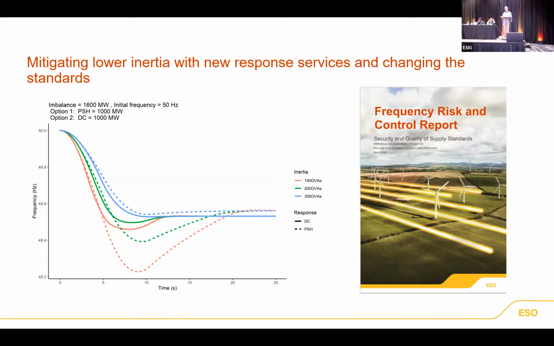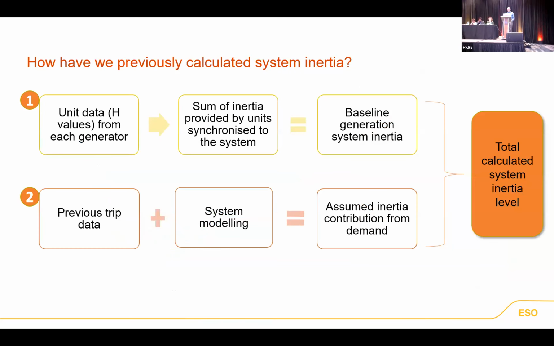We now save £1.8 billion a year, so $2 billion a year in managing frequency and constraint costs on the system, because we have dynamic containment, we can reduce the inertia, and we changed the RoCoF ratings on 25 gigs of embedded generation. For £50 million, we save $2 billion a year forever. So the new tools that we have, facilitated by IBRs and by low-cost batteries, have been a real game changer for us. However,